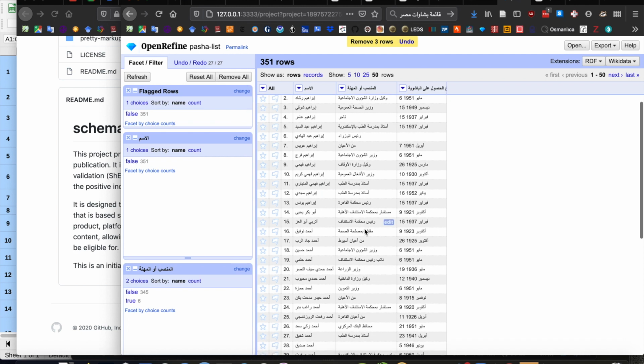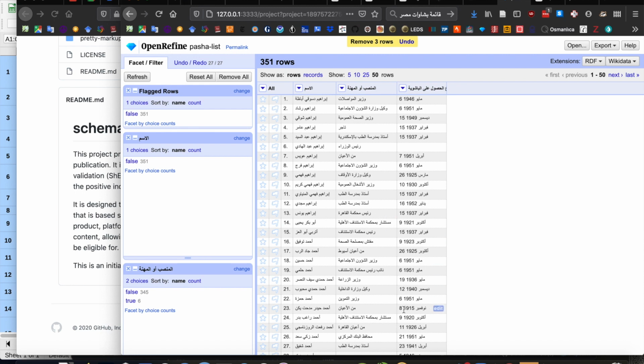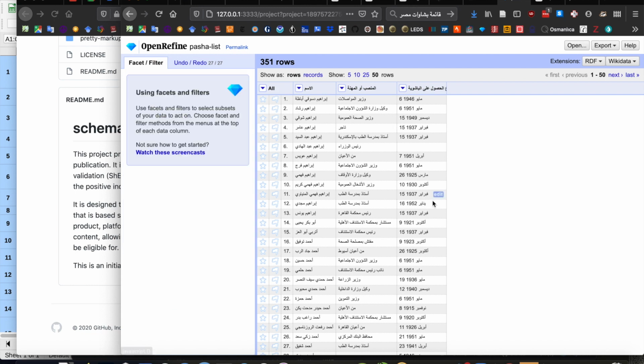Okay, so I'm going to presume now that these 351 rows are pretty much a good version of what we want to see, a fairly clean version of this table. Okay, the next step is to turn these dates into a standardized format. So the way I'm